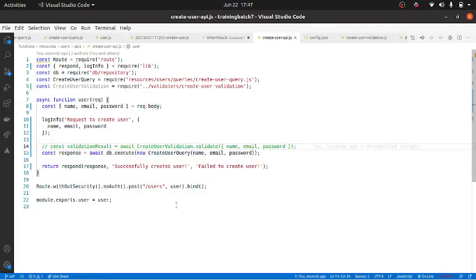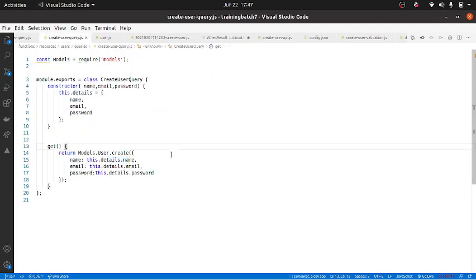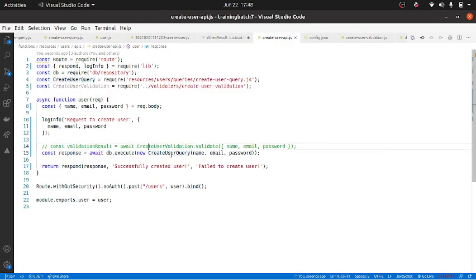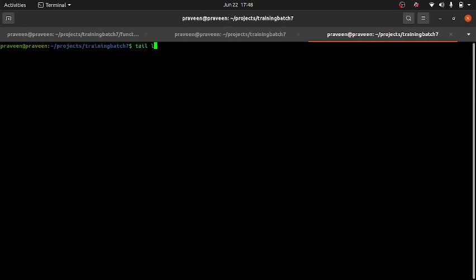Password cannot be null. Have you checked in the latest code? Yeah, I've checked in the latest. User is there, right? Request dot body here. Let me look at the log. Tail logs.